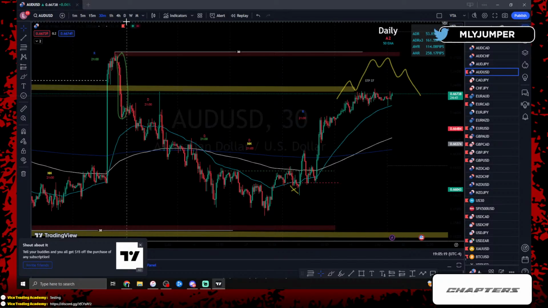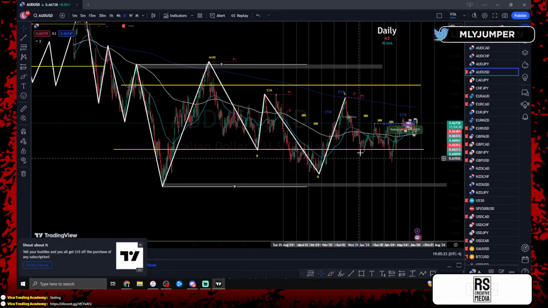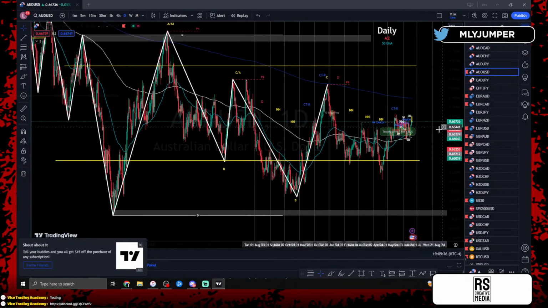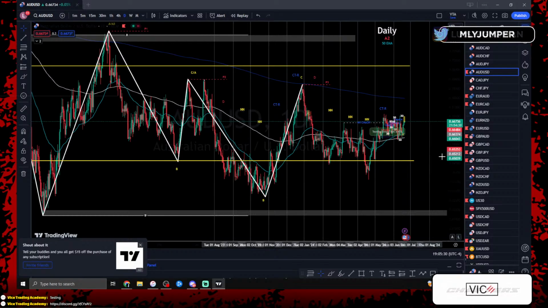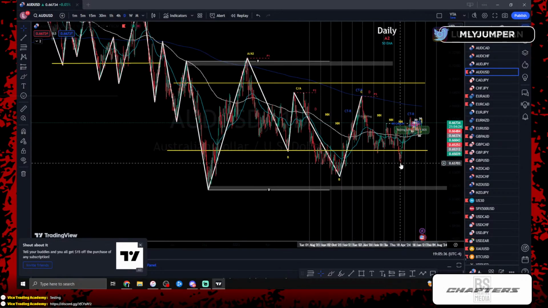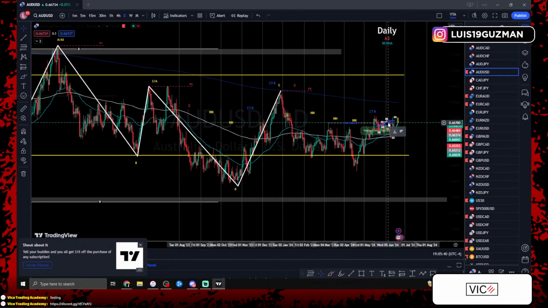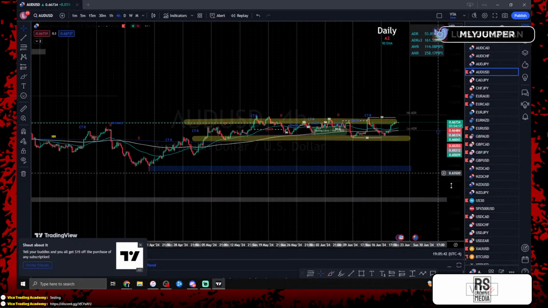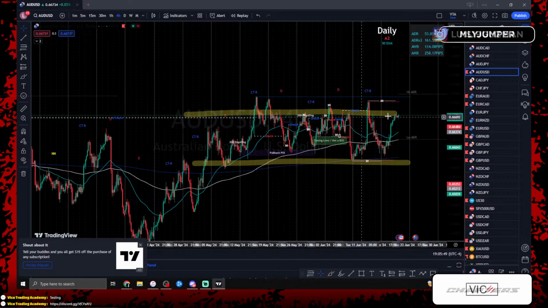So let's get started. So AU daily time frame, we know we're in an overall downtrend. We're at the bottom of the zone of consolidation in A2. We want to look for that push to the bottom side to give us that third push to the bottom, that third level. Right now at the bottom of the zone of consolidation in an external time frame, we understand that this is not the best spot to look for sells to continue going to the bottom, so we are expecting a pullback. When we go to the 4-hour time frame, we can see that again we are in a lower time frame consolidating zone, and right now we are at the top of the zone of consolidation.